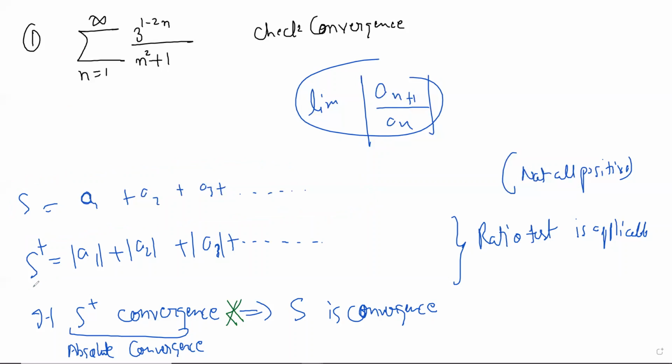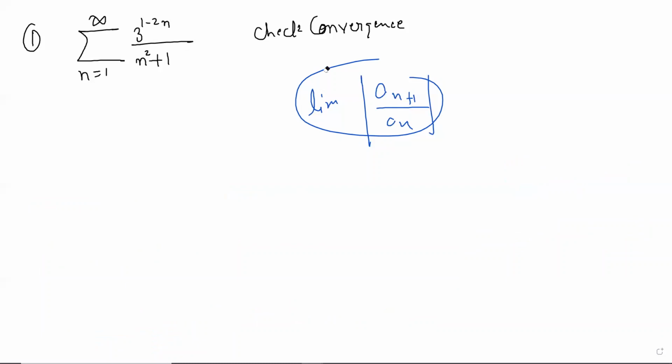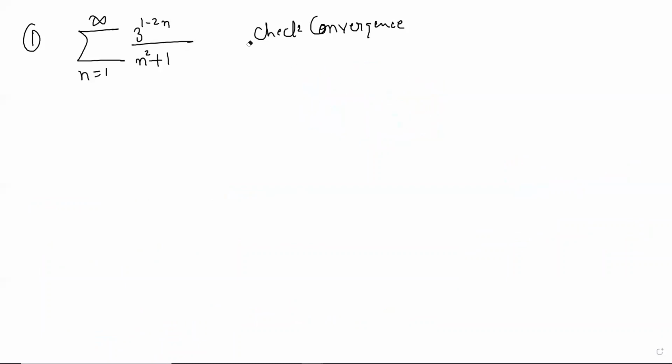S plus might be diverging on the basis of size. The size of the terms and of the partial sums are getting bigger. But in S, some kind of cancellation may have been taking place. Who knows? There are examples of that we will do just after some time. So these are the slight caveats in this. All right, let's apply this quickly and see. But sometimes if you can just tell me directly, even without applying a test, whether this converges or not, that's even better. It saves time. One minute.